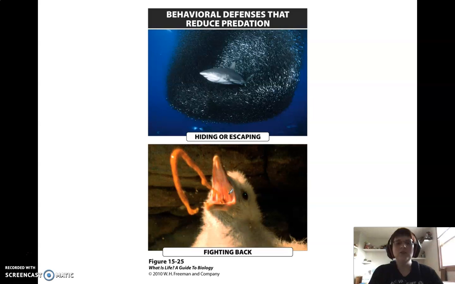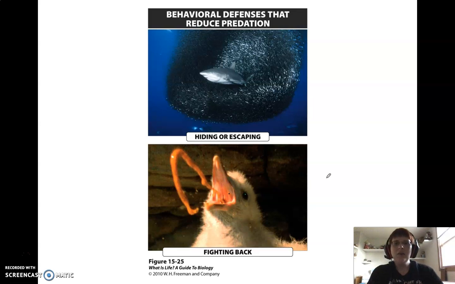One of the ones that you should know about around here in Ohio is the turkey vulture. Turkey vultures, if you're not aware, are scavengers, so they eat dead organisms, and they have this fight back mechanism of vomiting. They can projectile vomit over 10 feet. So don't work on attacking turkey vultures, because they will use that projectile vomiting defense.